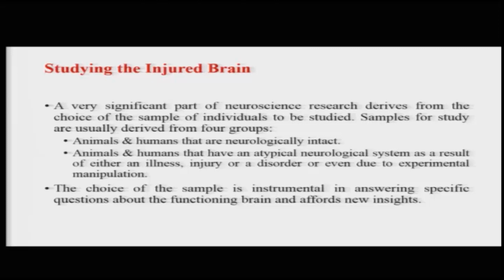One of the things that drives most scientific research, especially in the behavioral sciences, is basically being able to select the correct sample of population to work on or to investigate, let us say, the neurological functioning or something. There are typically four kinds of groups that are used for studies, not only across behavioral sciences but mainly in neuroscience research. These are neurologically intact animals and humans and neurologically impaired animals and humans,